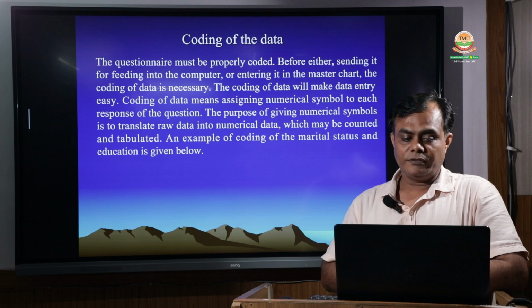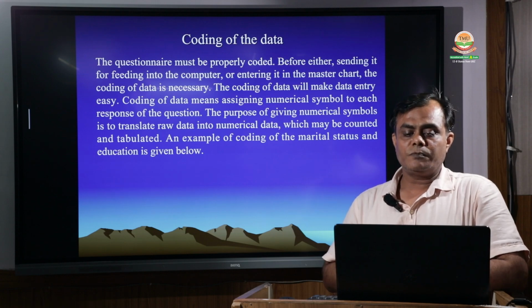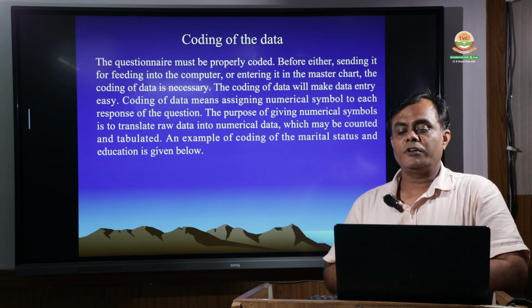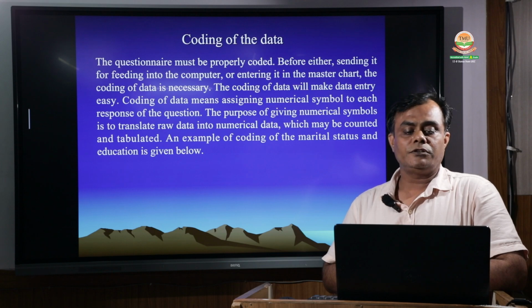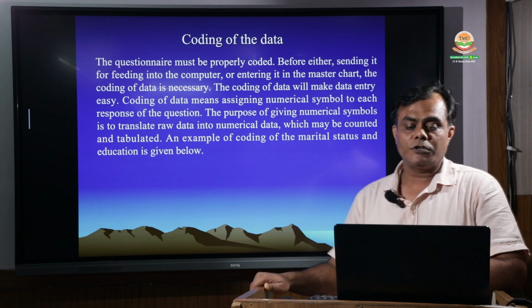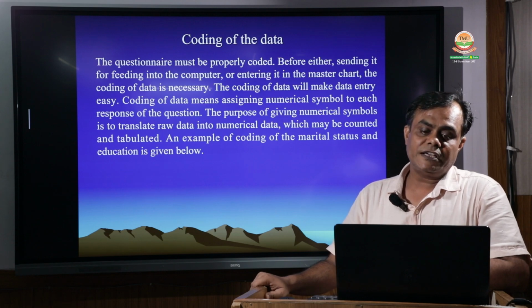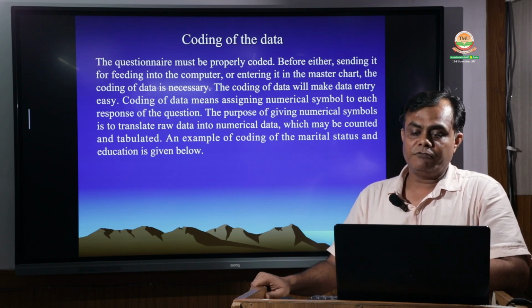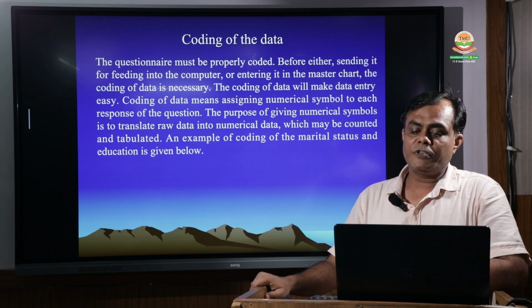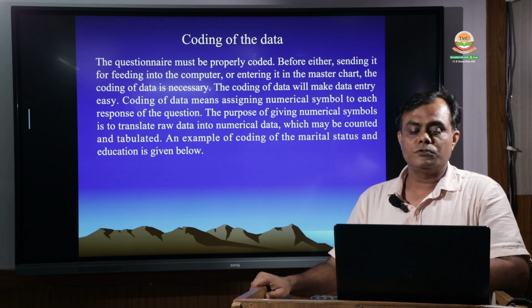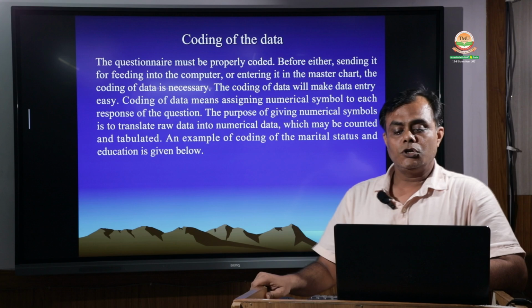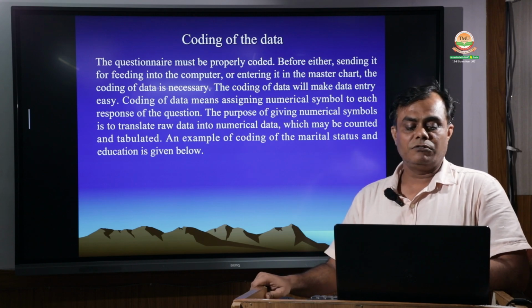Next is the coding. The questionnaire must be properly coded before either sending it for feeding into the computer or entering it in the master chart. The coding of the data is necessary. The coding of data will make data entry easy. Coding of data means assigning a numerical symbol to each response of the question. The purpose of giving numerical symbols is to translate raw data into numerical data which may be counted and